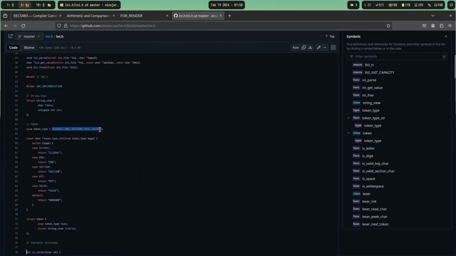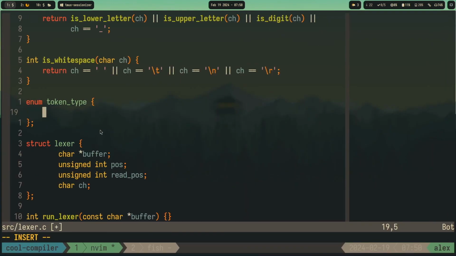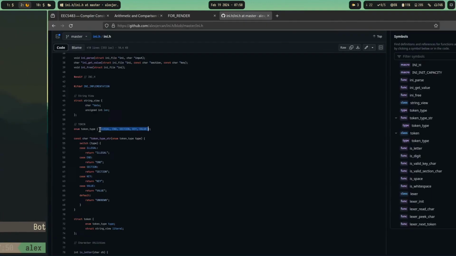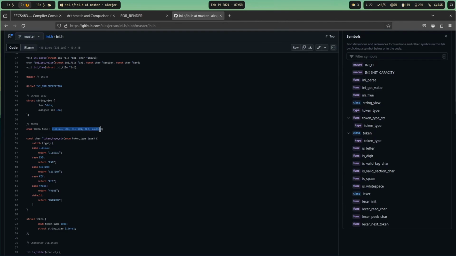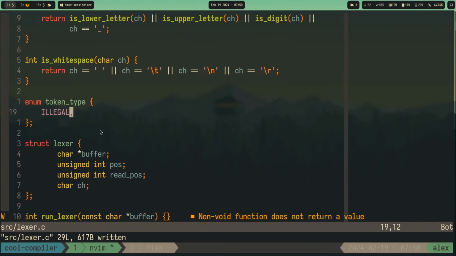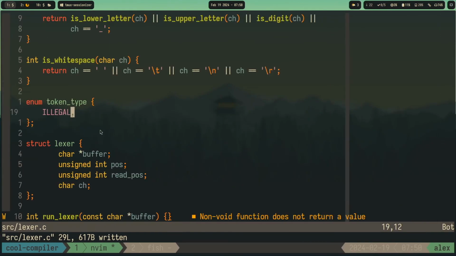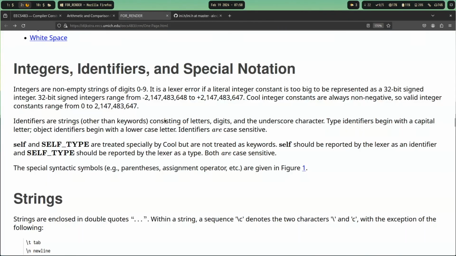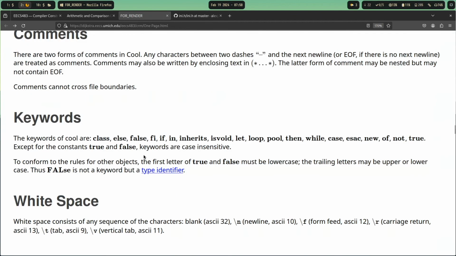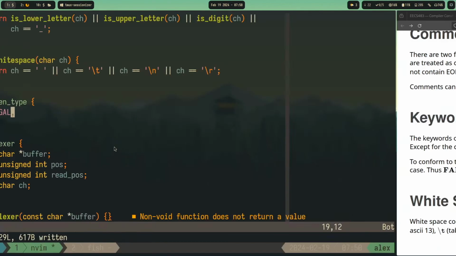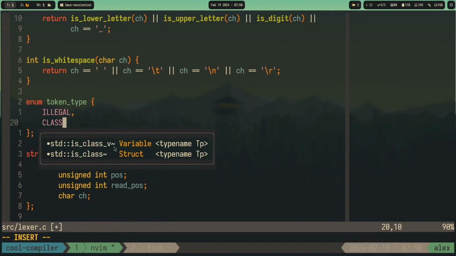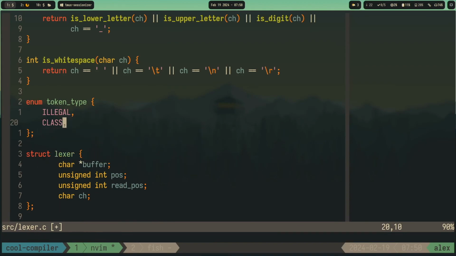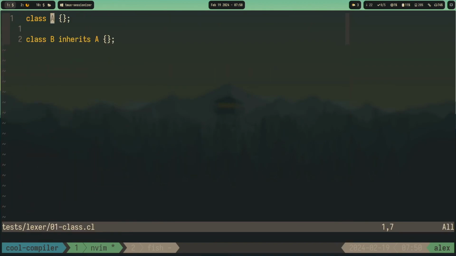For token types, maybe let's start with illegal token. But then the interesting thing would be, we need the names, class, right? Just class,